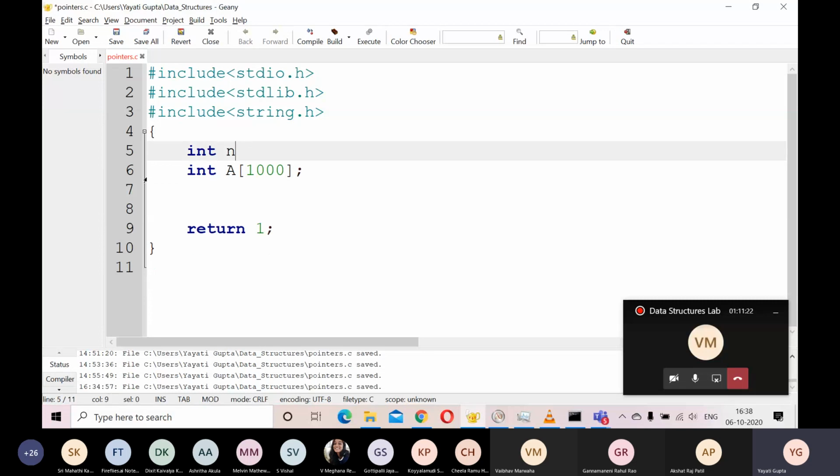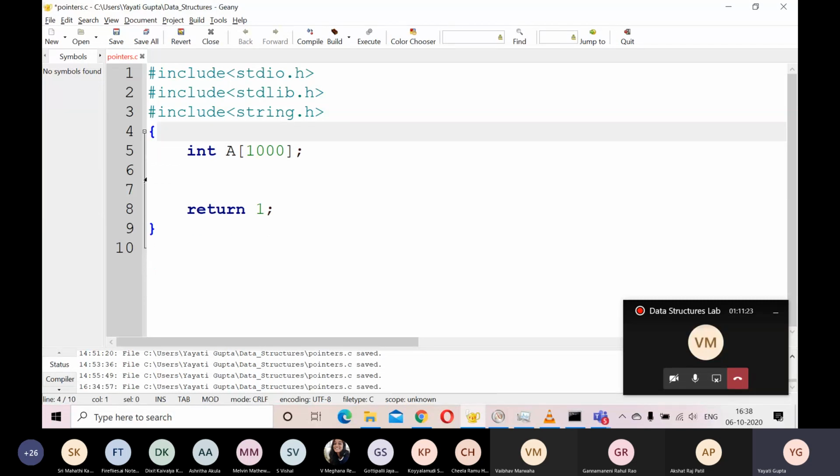So let's say you have declared an array of size 1000. Nowhere in your program after this fifth line can you increase or decrease the size of this array. If you want programs where you can take some input from the user later on, and based on that input increase or decrease the size of the array, for that we have a concept called dynamic memory allocation. Dynamic is something which is done at runtime.